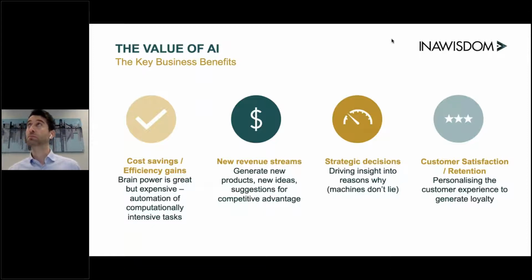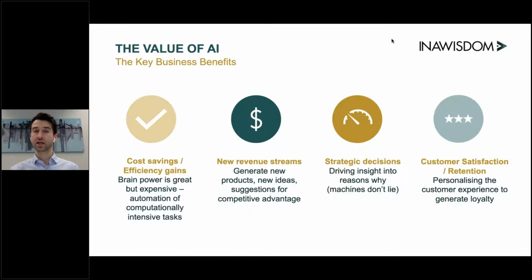You might be thinking, okay, what can I get from AI? So if I apply an AI solution, what will I get? In our experience, we see 4 major categories here. The first one is around cost savings. So can we automate labor-intensive or expensive tasks by using AI? And if we manage to do that, we can reduce time spent on these things, so efficiency gains, or we can reduce costs. So that's one major category of value.